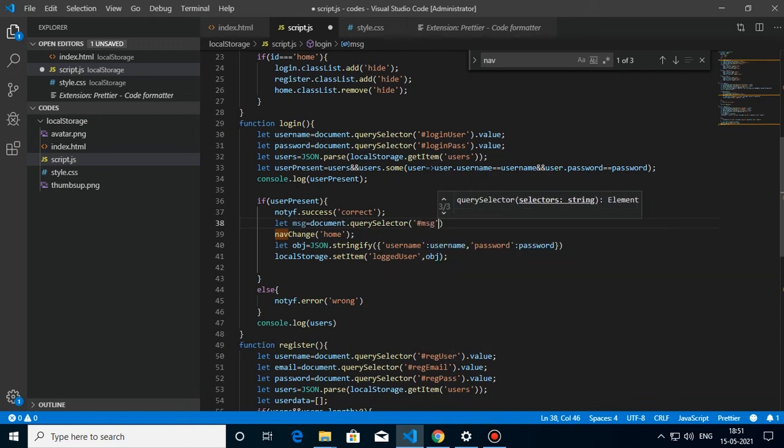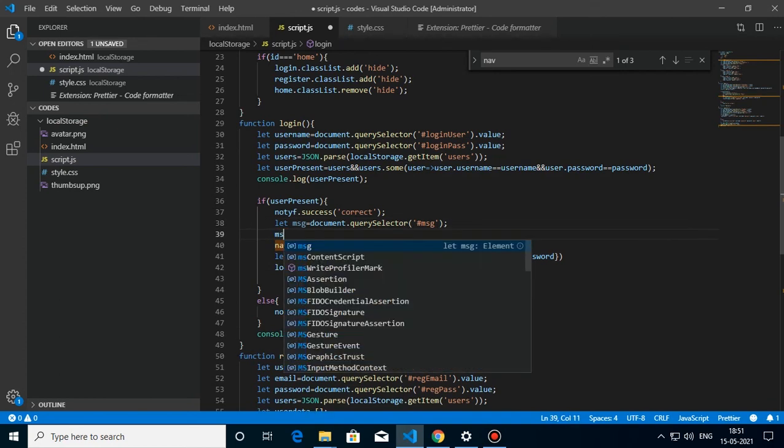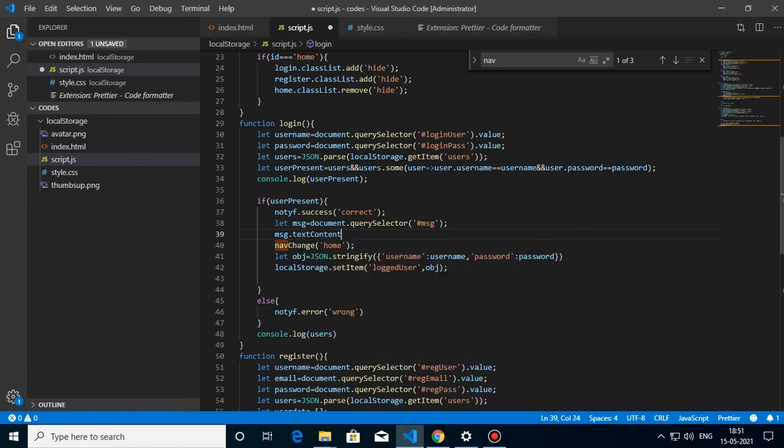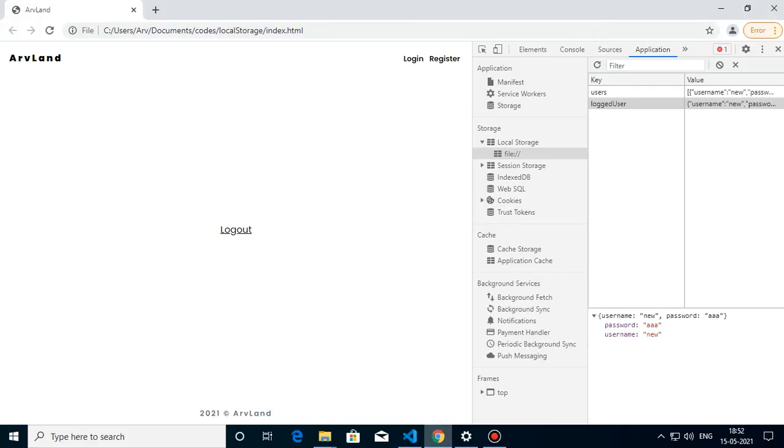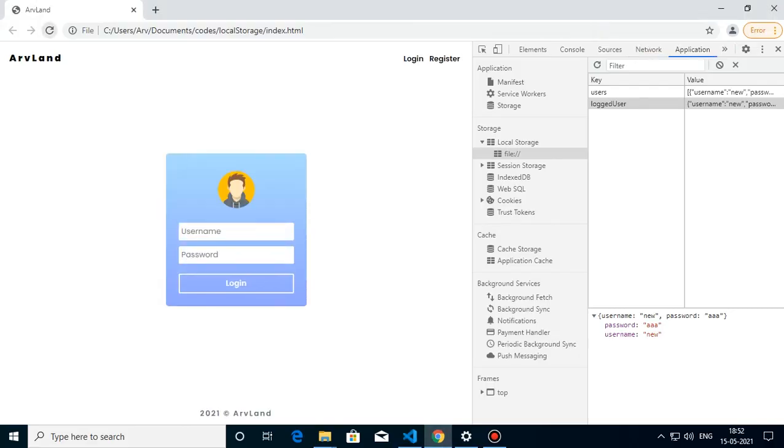Now msg dot text content, what, hello username, welcome to our land. Okay, dot. Let's see how it works now.